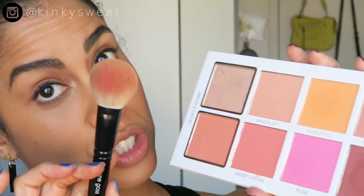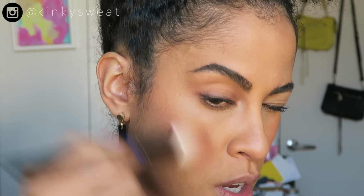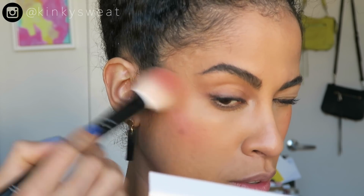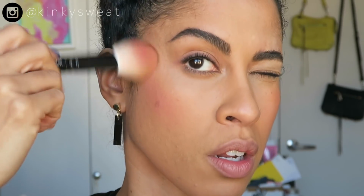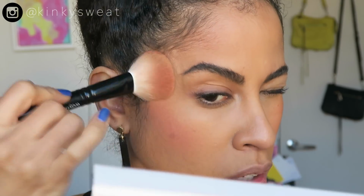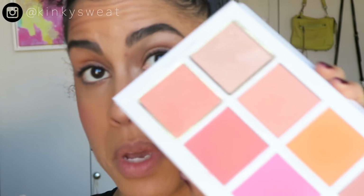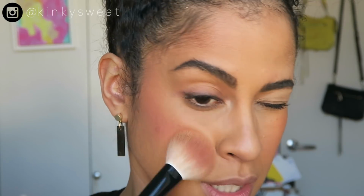Wayne Goss number 11 brush here now with Sweet Cheeks. I'm gonna put it here higher on the cheekbone. You know what? I'm just gonna do this. I think getting more color will be very helpful. A little bit on the temple as well. Ooh, that's pretty. I love that. Gorgeous color. And now let's take Minimalist, which is the lightest shade here out of the palette, and tap that